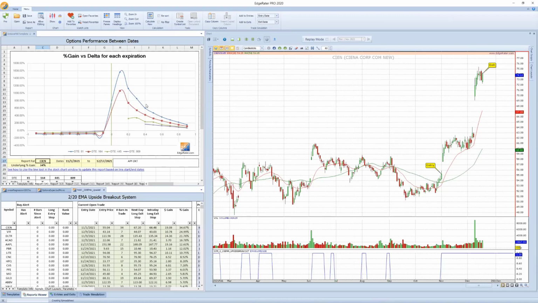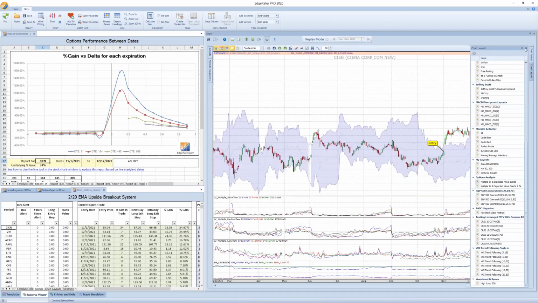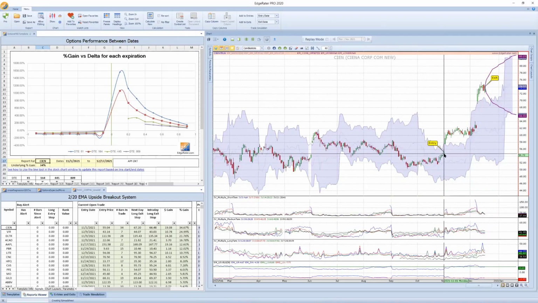But in order to figure out whether the options are worth buying outright or whether you need to do a spread, it's always good to look at the implied volatilities. So if you come down here, you can see that when this broke out and entered into this trade, implied volatility in the very short term options was quite low. In the medium term options it was